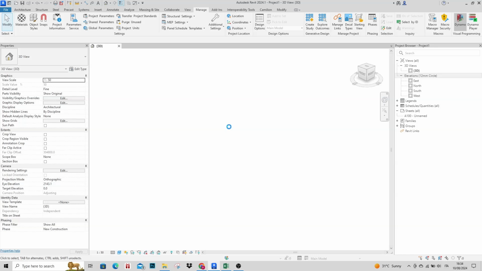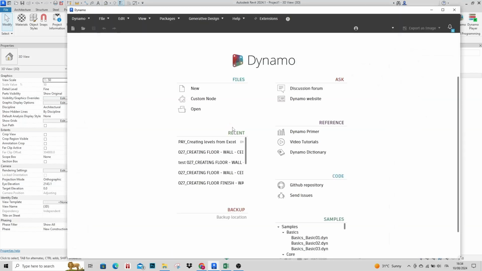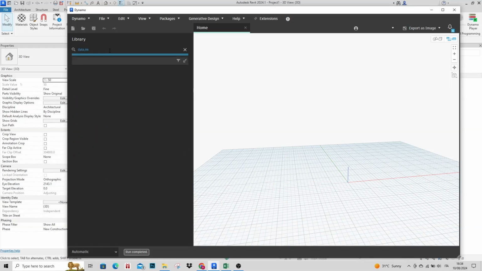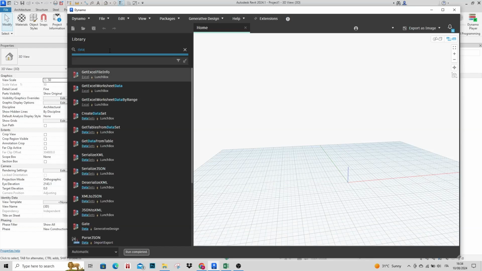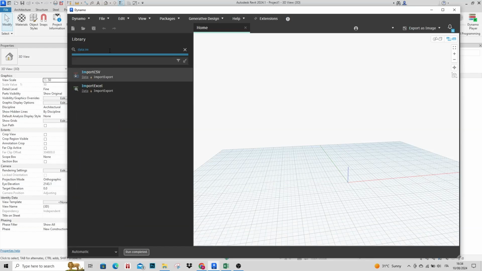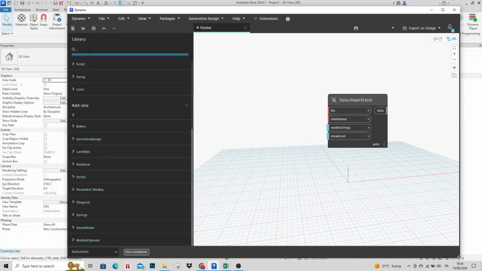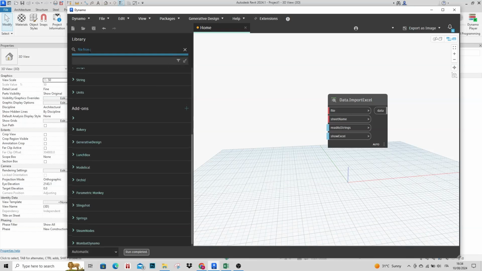That's a fairly basic Dynamo script that's going to save you time in terms of creating levels manually once you set up your Excel file. All right, for the first node, we need to bring out Data.ImportExcel, which is asking for 2 inputs. So the first one is the file from path,